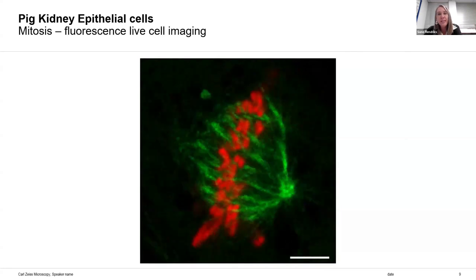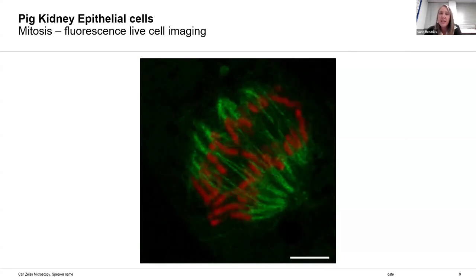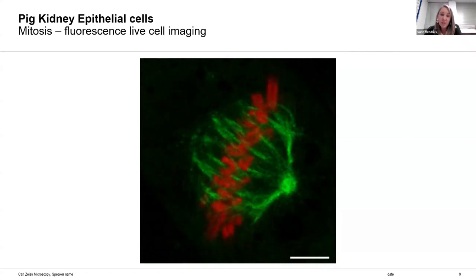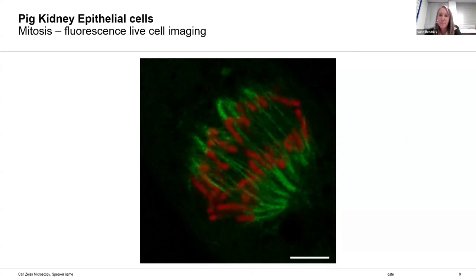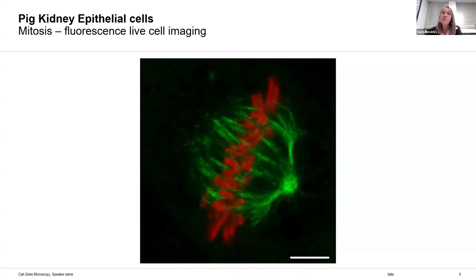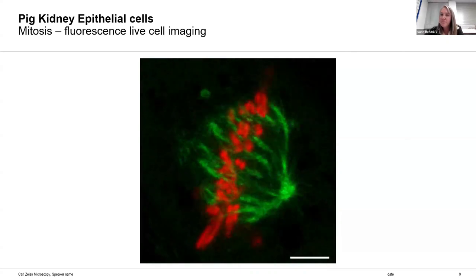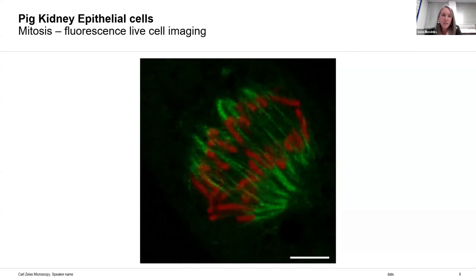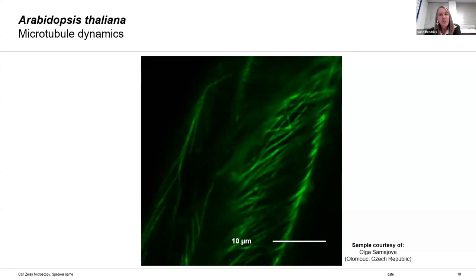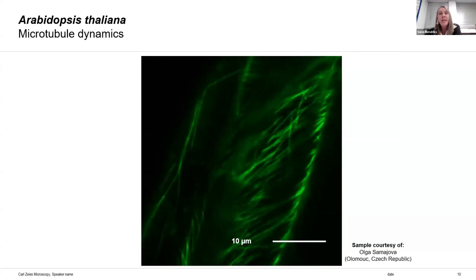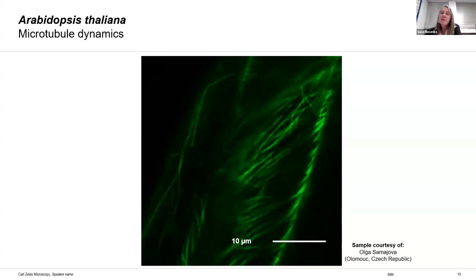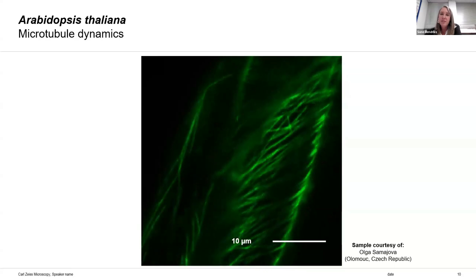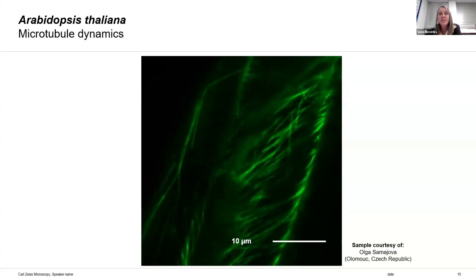However, what has dramatically changed is that now we can label specific macromolecules, which we are interested in, by using fluorescent proteins, which have been developed in the mid-90s. And this has changed the world of microscopy in the most impressive way. One of the most interesting features of fluorescent proteins is that they can be used to label any sample, from bacteria to animal cells, and as we can see here, even plant cells. In this example, the microtubules are labeled in the root cells of Arabidopsis thaliana,